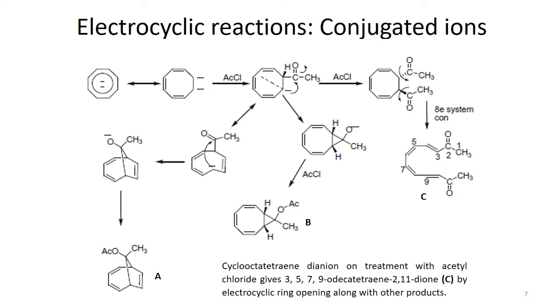Basically, the starting point is the cyclooctatetraene dianion. If you remember, we have taught cyclooctatetraene. This compound is basically not aromatic, though it has 4 pairs of electrons, but it is neither aromatic nor anti-aromatic, because cyclooctatetraene doesn't have a planar structure. A planar structure is the basic requisite, or you can say the requirement, for aromaticity or anti-aromaticity. But in case of its dianion, it goes into a planar structure.